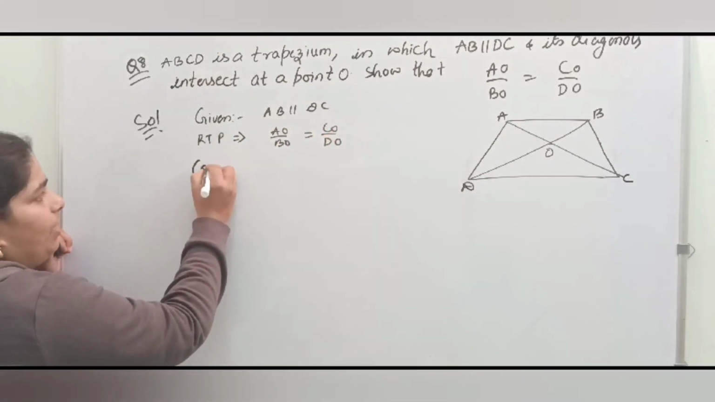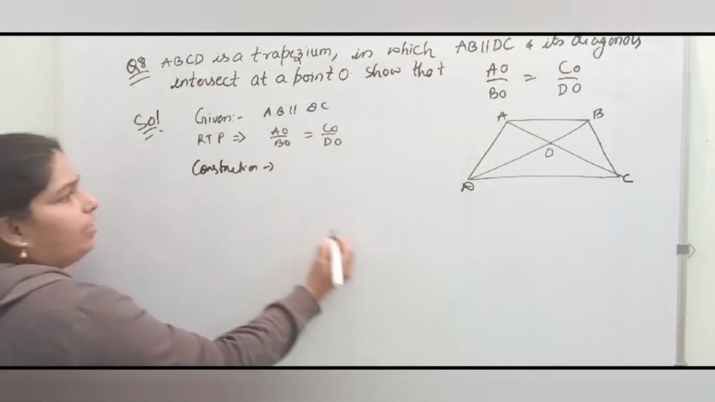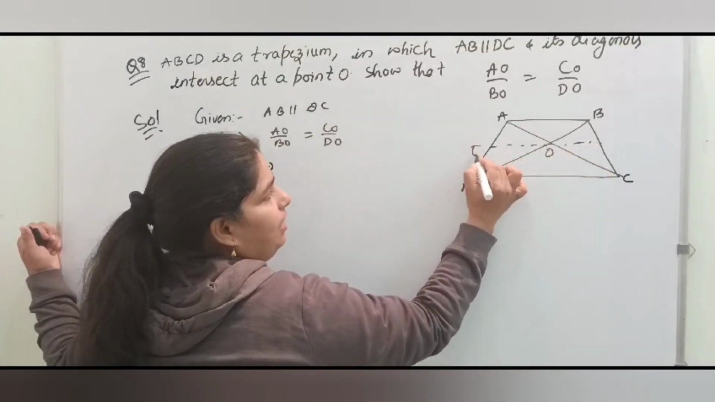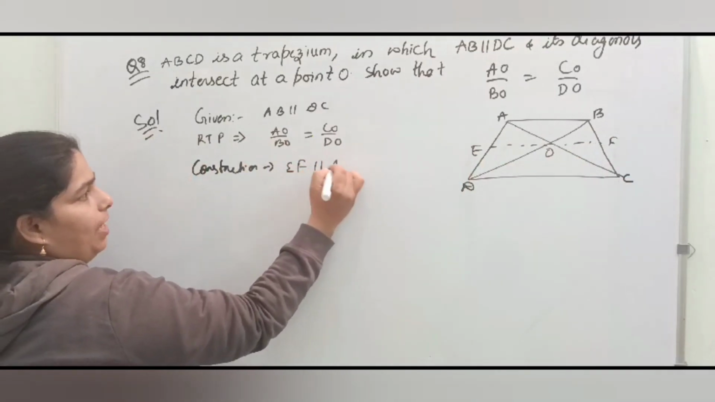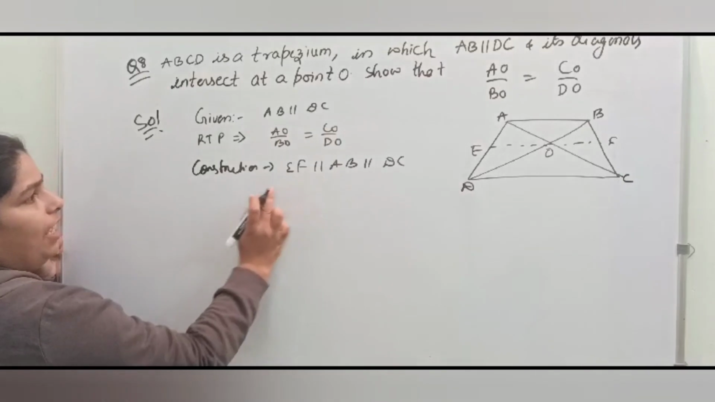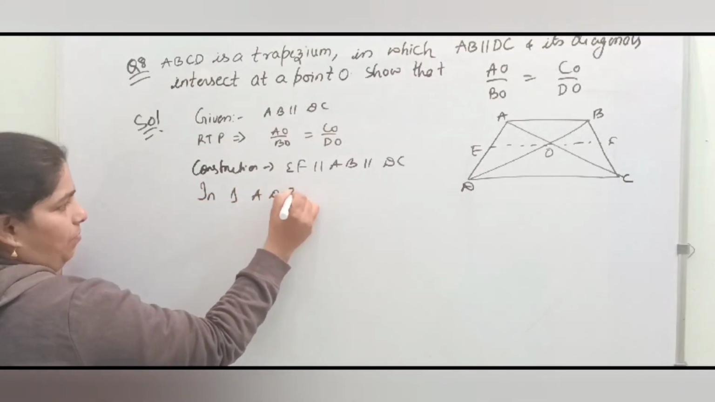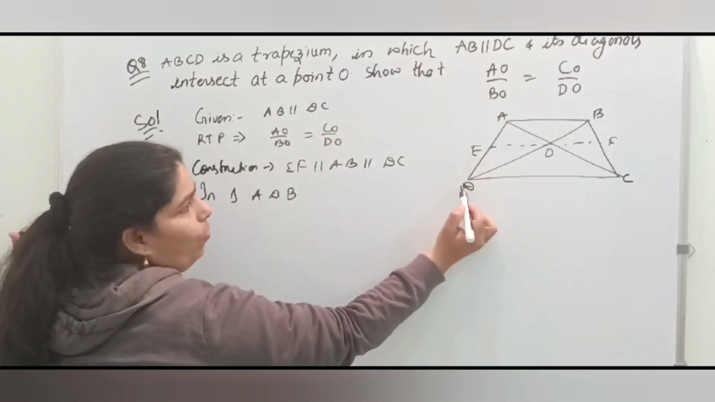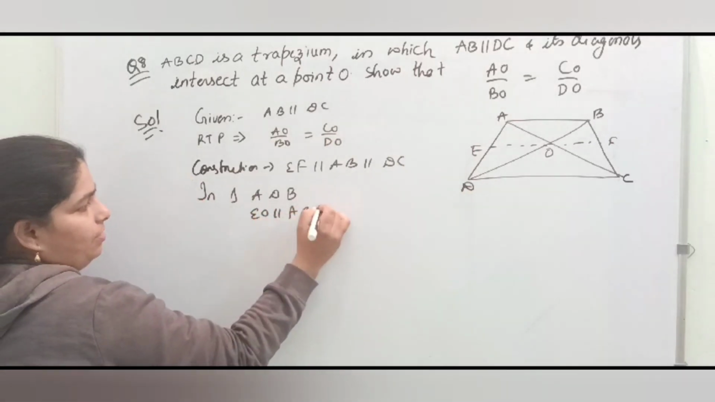Now here we are constructing a line. I am writing here construction. We are constructing a line EF parallel to AB and DC. Therefore, I will be writing EF parallel to AB parallel to DC. We have constructed a line. Now we will take triangle ADB. In triangle ADB, as the line EO is parallel to AB,